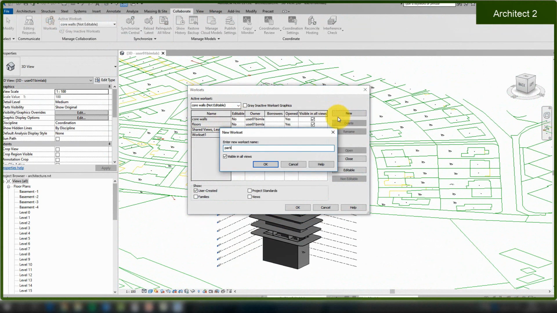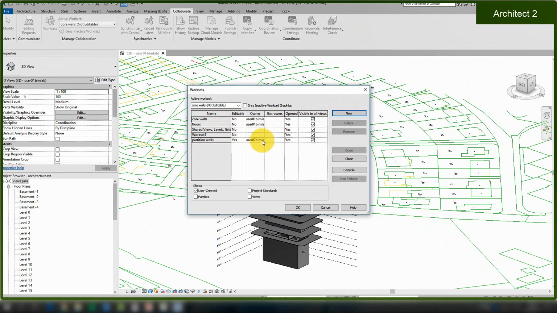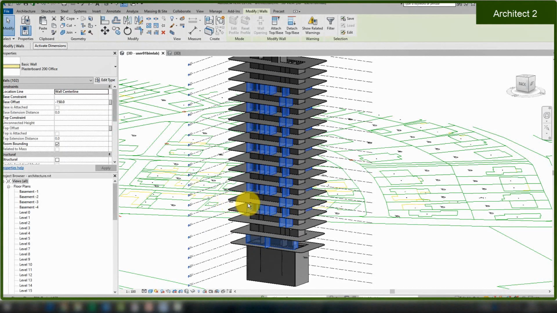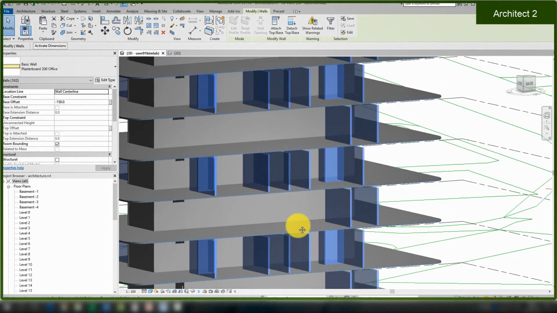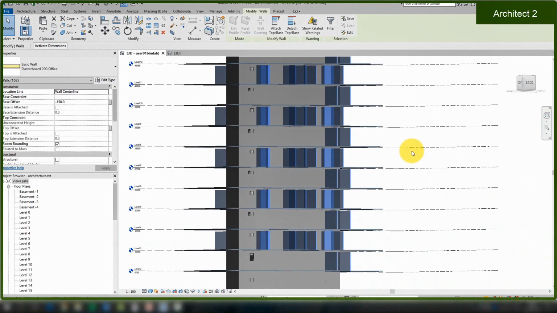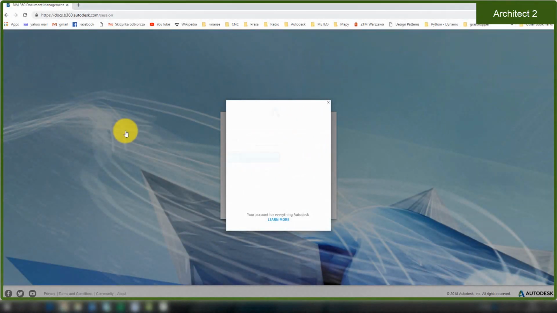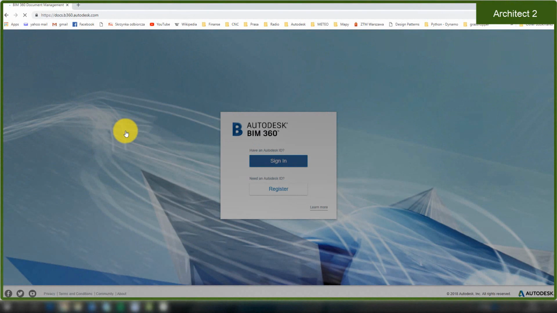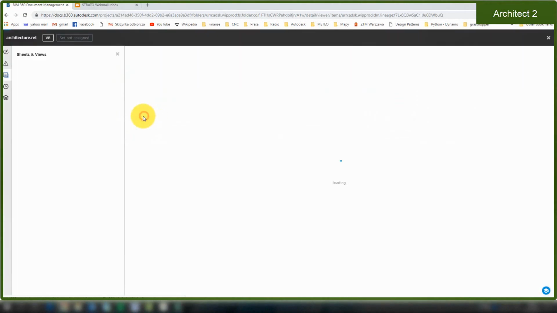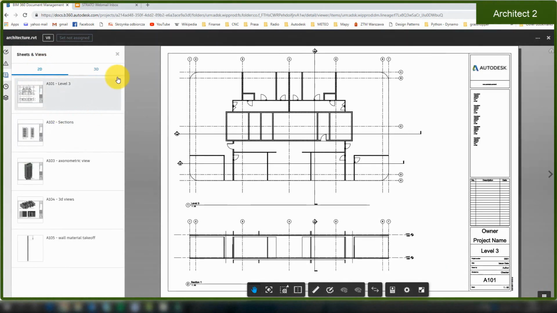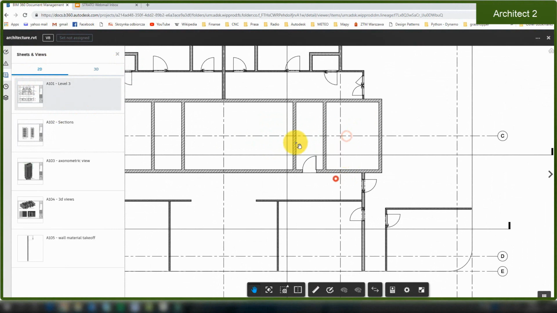As you could see here, there are also worksets available in this BIM 360 Design collaboration method. So Architect 2 has added some different elements. He also logged in on the browser, and he basically can see already that some